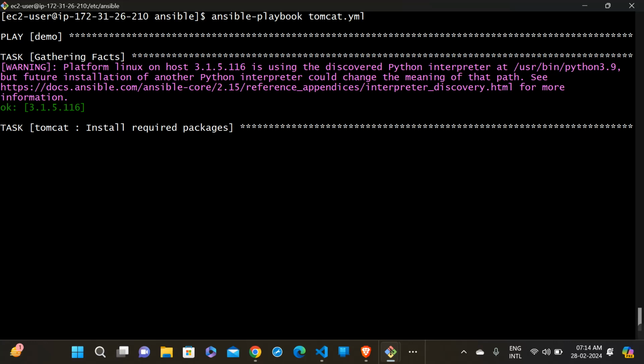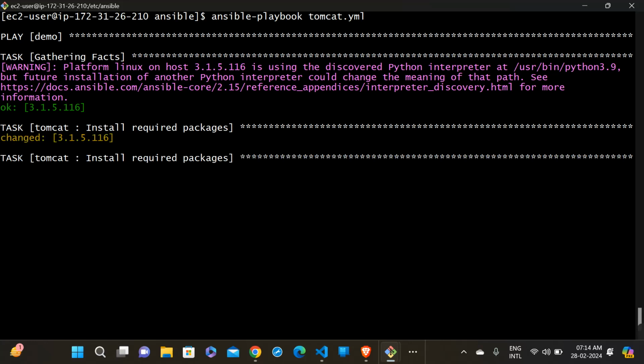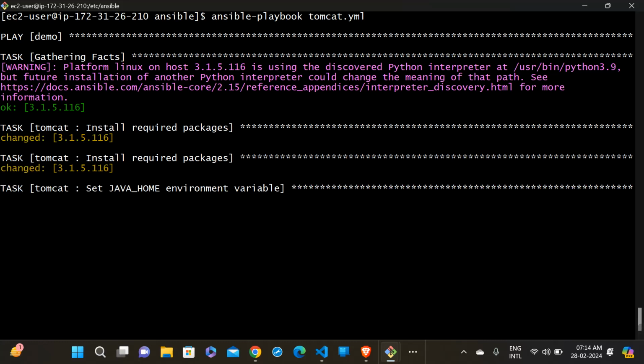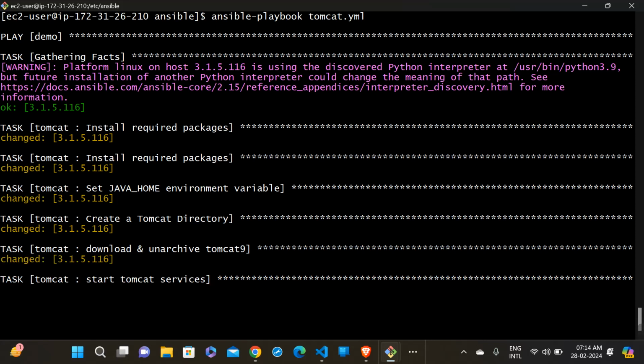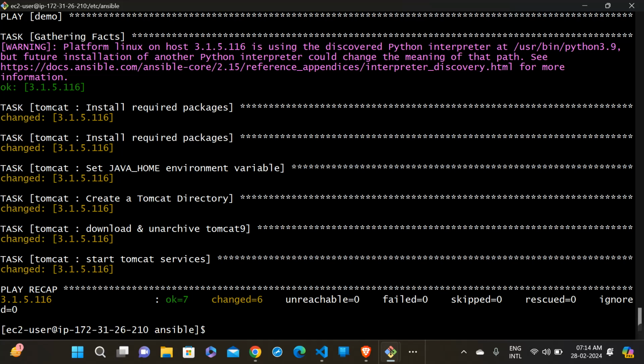Tomcat installing required packages, means it will install the Java. Okay, it will automatically take from our tasks folder. Okay, it's changed. It's downloading. Okay, first it created the Tomcat folder, then it's downloading, and automatically it will unarchive this tar dot gz folder. Okay, now it will